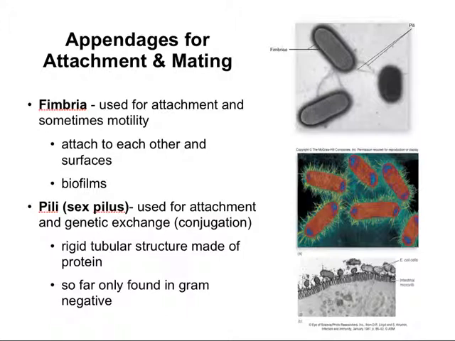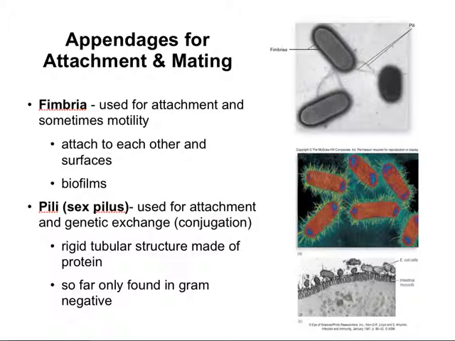Now let's take a look at the appendages that are used for attachment. Some of these appendages are also used for mating. We'll take a look at fimbria and pili. Fimbria are used for attachment and sometimes for motility. They allow bacteria to attach to each other and to other surfaces. In fact, they may be responsible for the mutual clinging of cells that cause biofilms and other thick aggregates of cells on the surface of liquids. All it takes is a few to begin, and they may be responsible for creating the foundation for complex communities